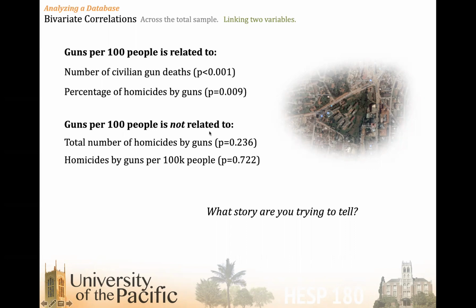Now, once you start finding these correlations, it can guide you. You can say, okay, I get it. The number of civilian gun deaths and guns per 100 people. Okay, that's something I can look at. I can look at a regression with these two and see if there's a story to tell there beyond the basic correlation. Guns per 100 people and percentage of homicides by guns, also significant. So let's explore that,